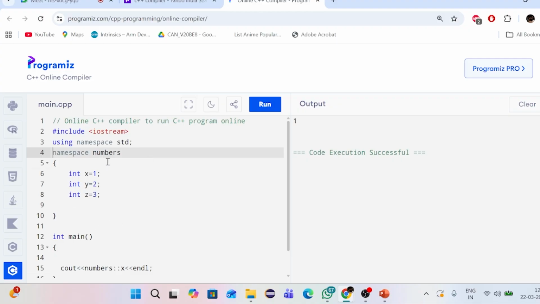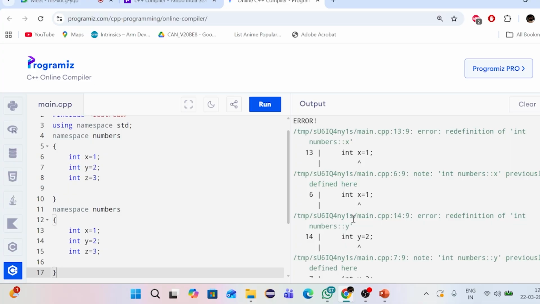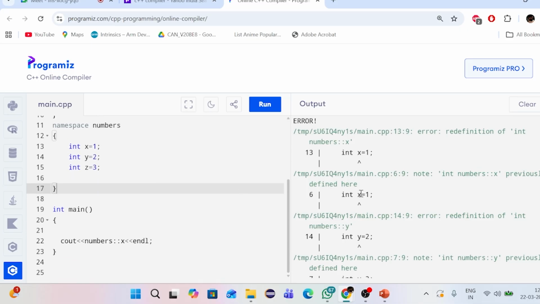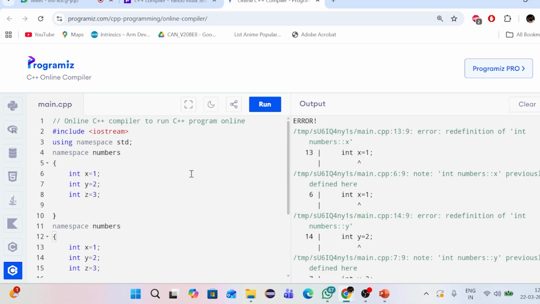Okay. Now suppose I rewrite this again, Control C, Control V. Can you see where it is showing error? Line number 13, 14, 15, and where we have called it. 22 is also there. So what I'm doing is I am redefining the numbers. But if I just remove these two, and if I remove this 3 also, and this x also,